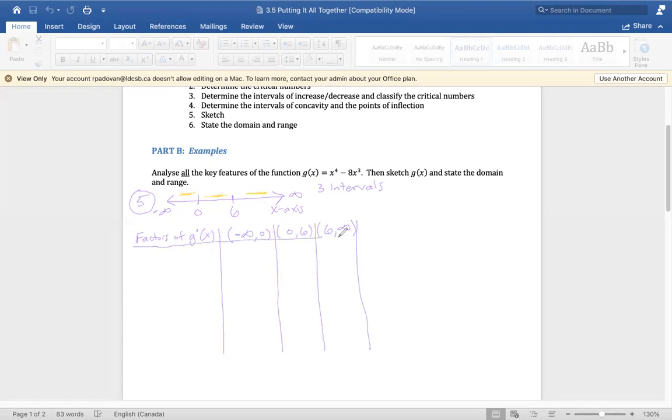Now I have to list my factors, which, sorry, that's erased from here, but that was just in the step down here that I labeled number 4. I had 0, and then when I factored, 0 equaled 4x squared. I can put it over here. 0 equaled 4x squared, x minus 6. So then my factors of the derivative, right, because this is the derivative, would be 4x squared, x minus 6,